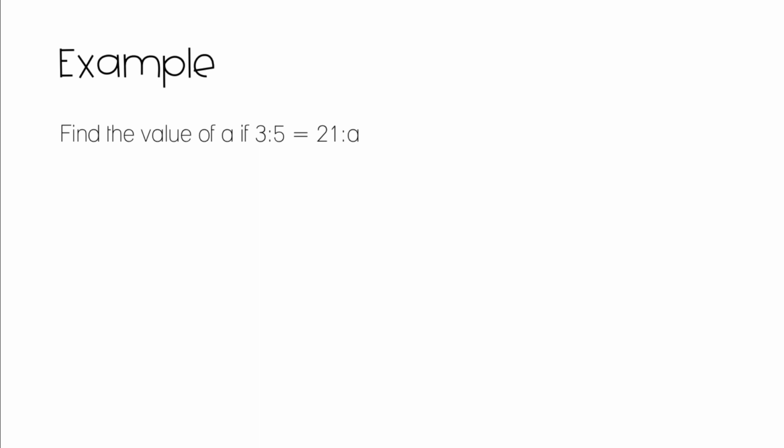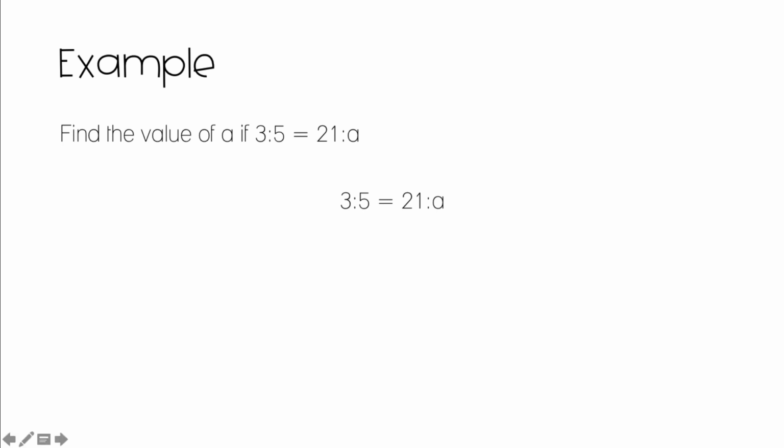And the last example is using equivalent ratios to work out an unknown value. This is where you're going to do a lot of practice as well. So find the value of A if 3 to 5 equals 21 to A. Okay, so we need to find out what A is. So the first thing we do is we write it out like so. And we need to work out, well,